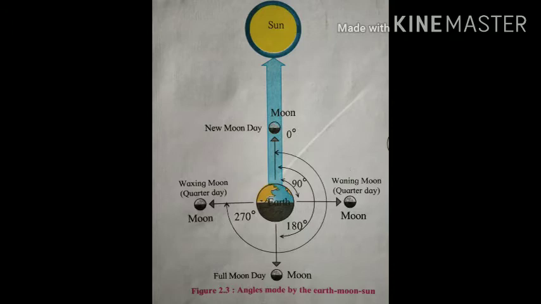Now we see the phases of the moon in the sky from the earth. They are illuminated portions of the moon. They become visible, meaning we are able to see them, because of sunlight reflected from the moon. Now on the first and third quarter days, the moon, the earth and the sun make an angle of 90 degree.